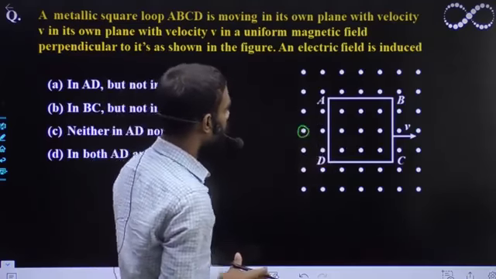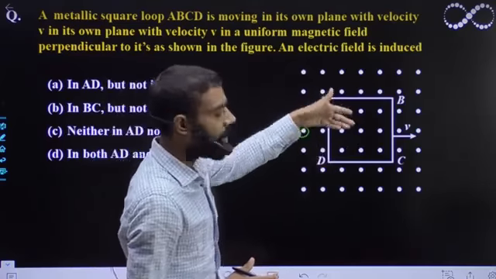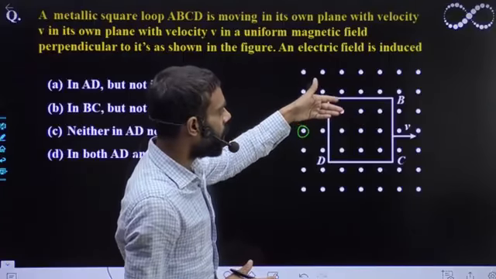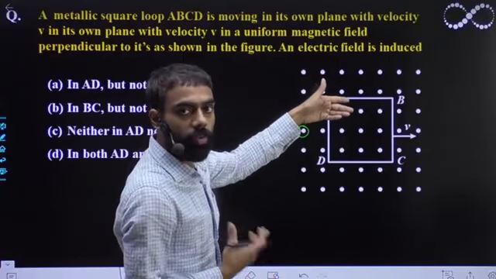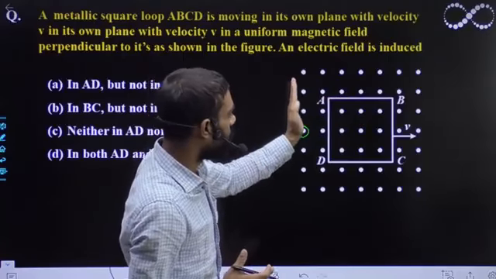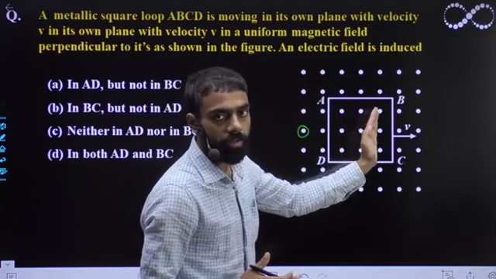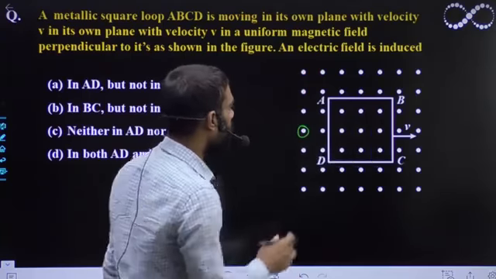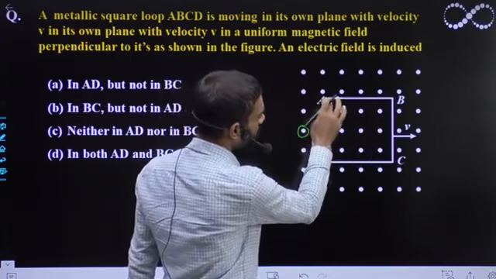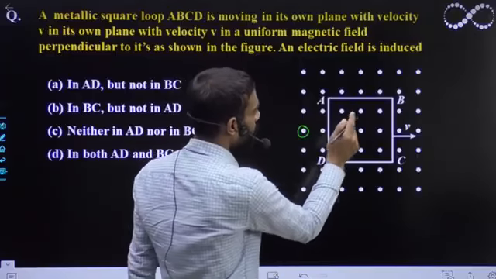Okay, since we can see here the magnetic field is constant, you will get the motional EMF, because the square loop is cutting the magnetic field. So if I take the length AB, तो AB लेंथ की वेलोसिटी